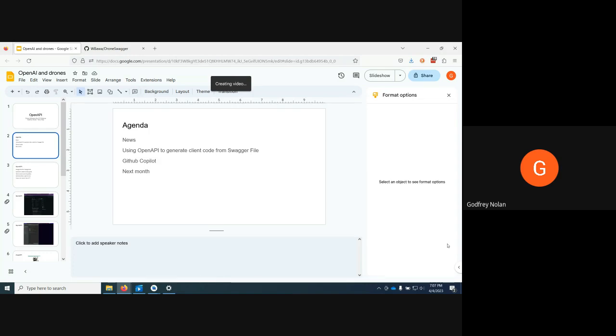I did want to talk about GitHub Copilot because some of the things that are coming are not in Android Studio yet, because Copilot is more of a VS Code thing. Eventually it will be in Android Studio, but if you download VS Code and start playing with it, you can get to use that. And then the other thing I wanted to talk about was